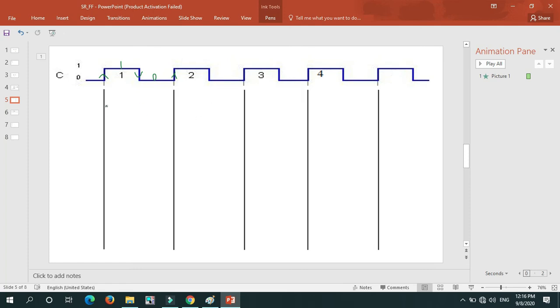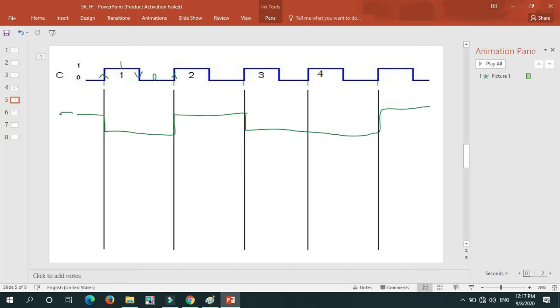Here I am representing the waveform with respect to the positive edge, so I consider one rising edge to another rising edge as one cycle, from another rising edge to the next rising edge I consider the second cycle, third cycle, fourth cycle, like that. So now I will consider the waveform for S. Now S I will give as initially high, then low, again high, then low, low, then in the last cycle it is high.